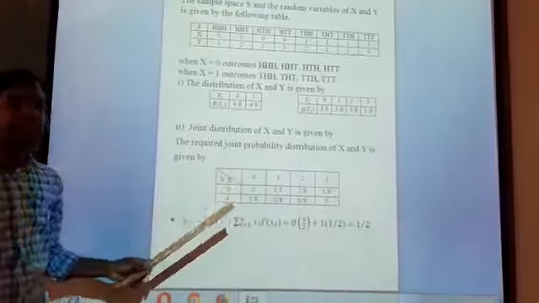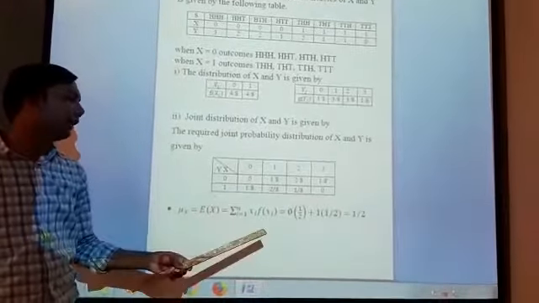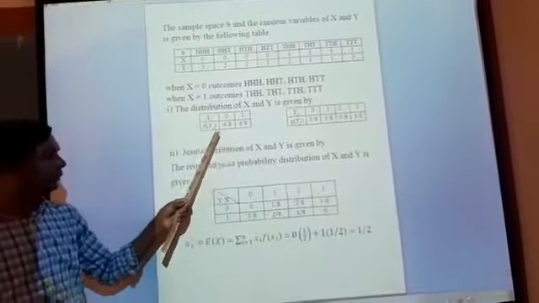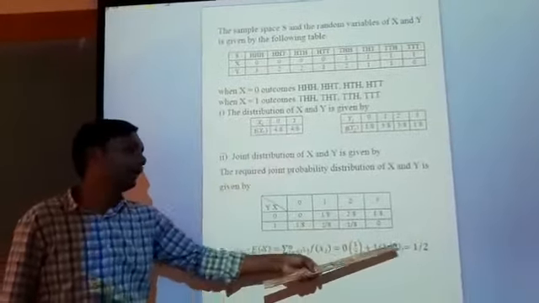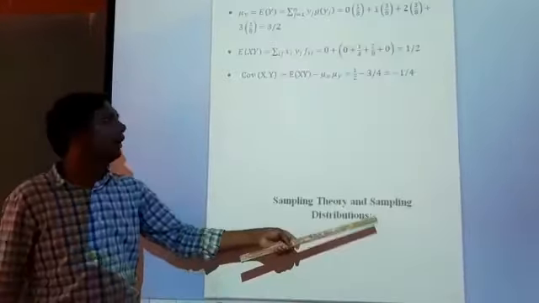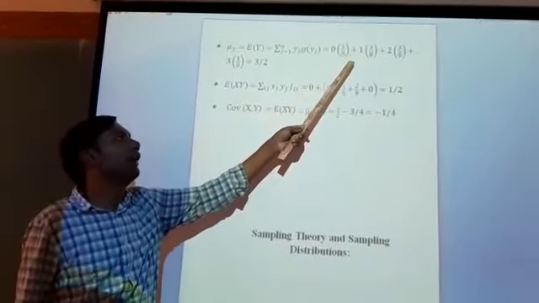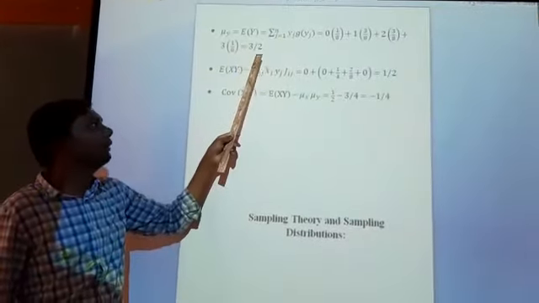So next find the expectation of x and expectation of y. That is mu x or E of x, given by the sum of x_i into f of x_i. It can be calculated by using this. So 0 into 4 by 8 plus 1 into 4 by 8, we get 1 by 2. Similarly, expectation of y from the table, we get 0 into 1 by 8 plus 1 into 3 by 8 plus 2 into 3 by 8 plus 3 into 1 by 8. After simplification, we get 3 by 2.